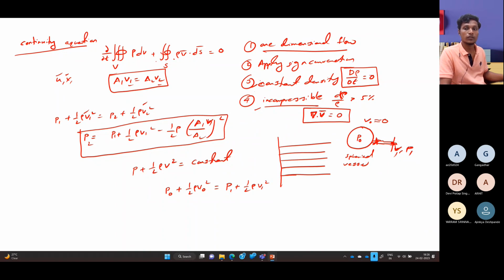Now just substitute V naught equals 0. If you substitute V naught equals 0, P naught equals P1 plus half rho V1 square. This kind of pressure where the velocity is 0, we call stagnation pressure or the total pressure. Both are the same. So this pressure, where the velocity is 0, is called stagnation pressure,